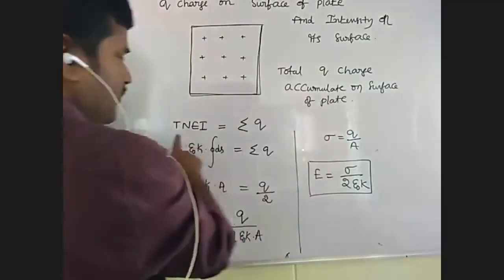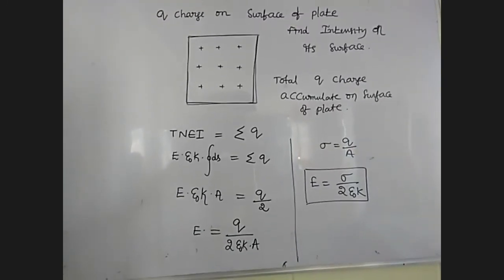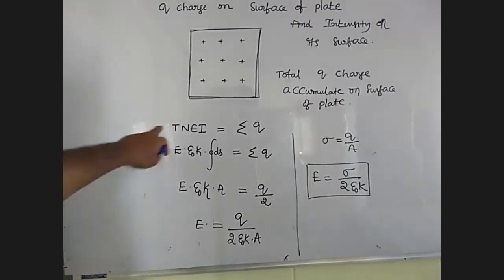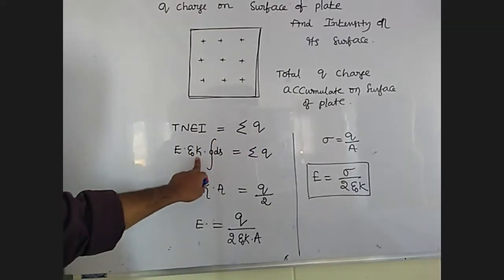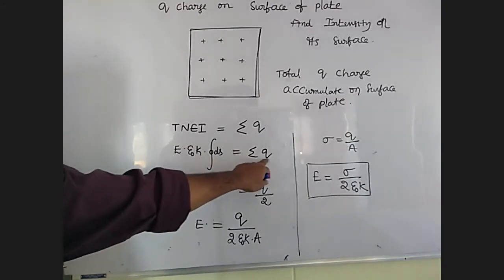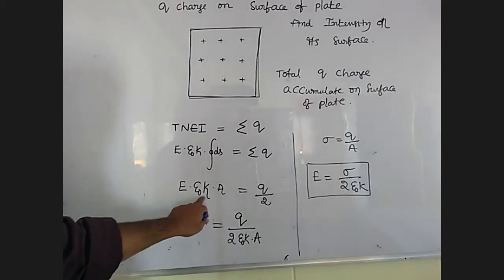Under that condition we use total normal electric induction, which equals total charge. TNEI equals sigma Q. Normal electric induction into area is sigma Q. E into epsilon naught k, integration of ds, that is A, equals the charge Q by 2. Then E equals Q upon 2 epsilon